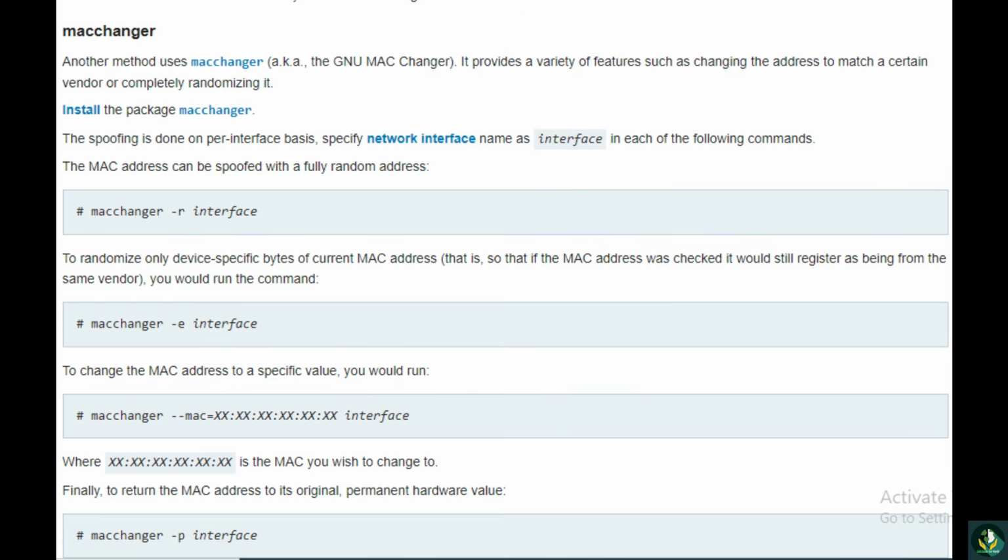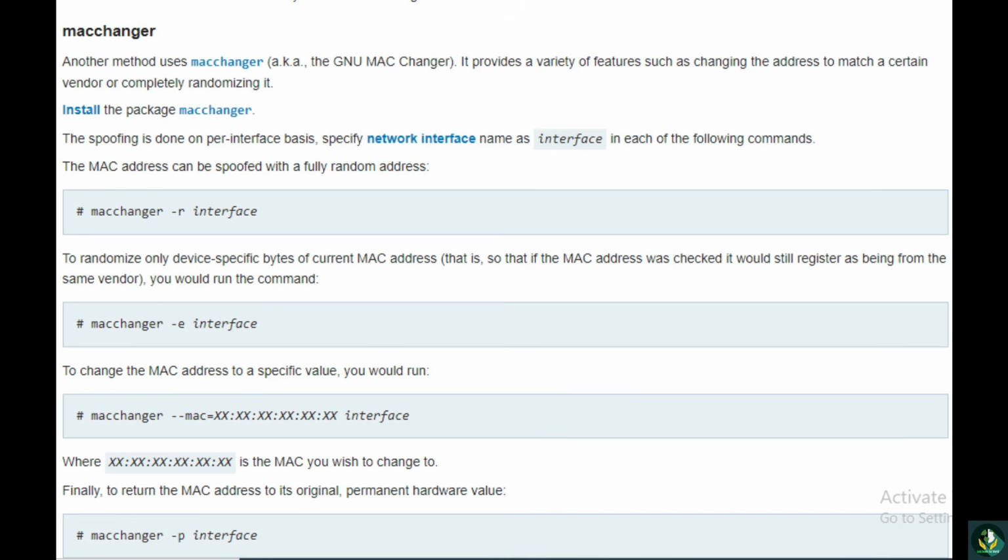Specify the network interface name as interface. In each of the following commands, the MAC address can be spoofed with a fully random address: macchanger -r interface. To randomize only device specific bytes of the current MAC address, so that if the MAC address was checked it would still register as being from the same vendor,